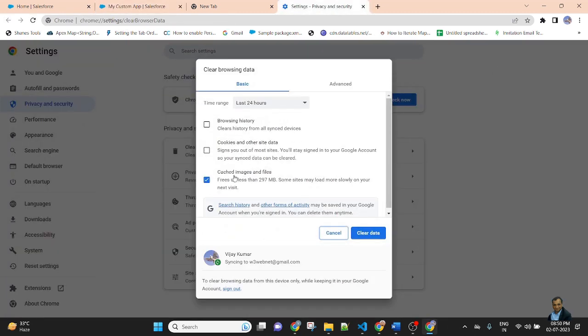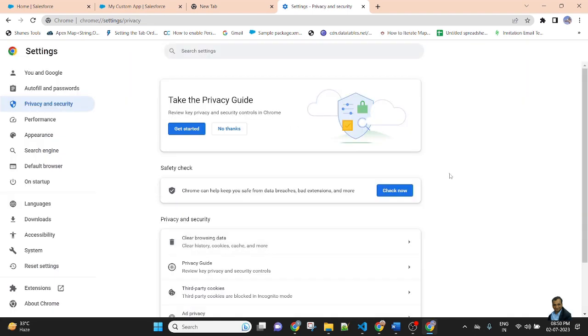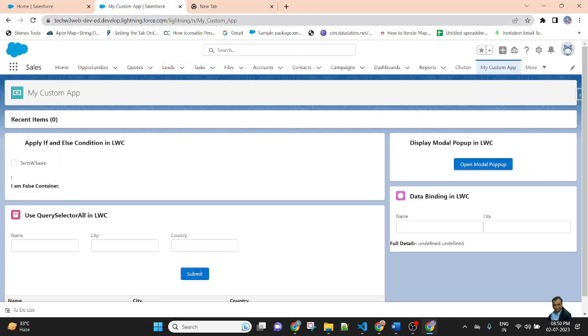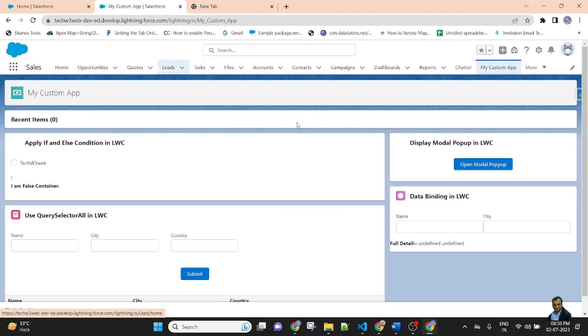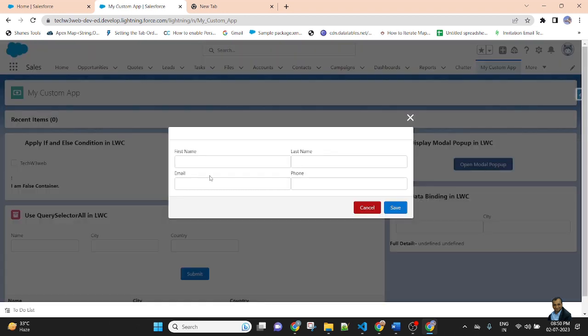Control-Shift-Delete. Remove the cache and cookie files, clear data, and refresh the page once again. After clearing the cache and cookie in my browser, now I am clicking on the button. As you can see, the modal pop-up is open with the fading background.